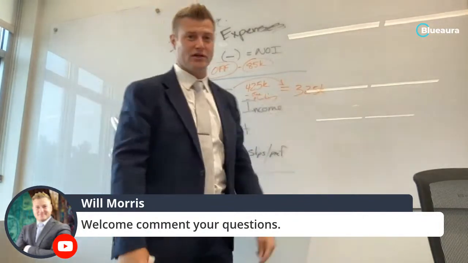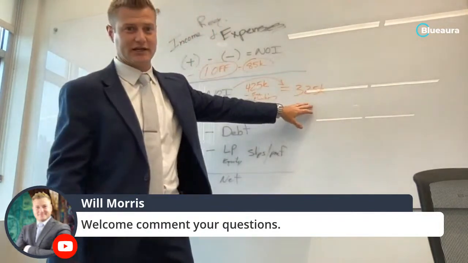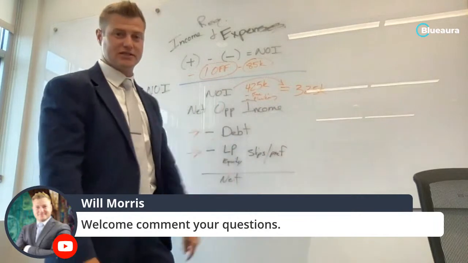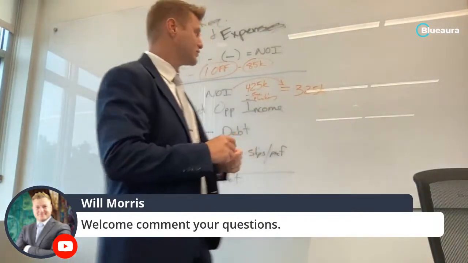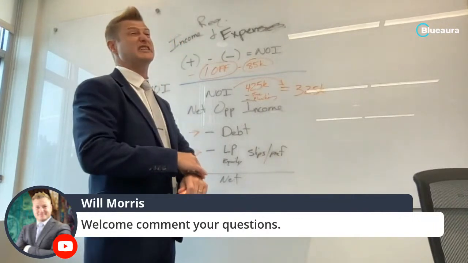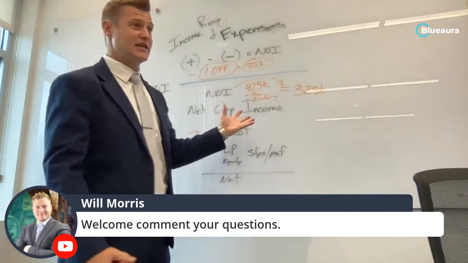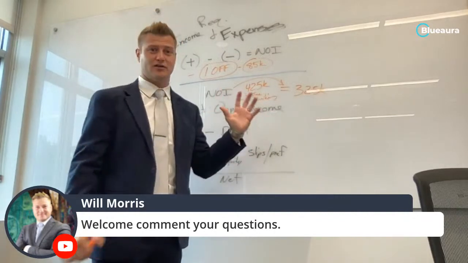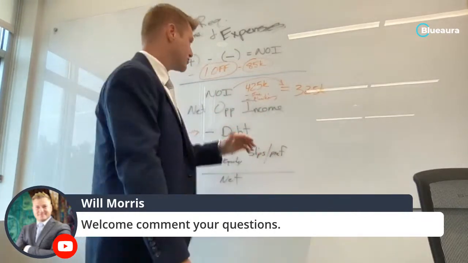And therefore, when we run the numbers, 100 grand may not sound like a lot, but 100 grand at a 6 cap, I mean, that's a lot of money. You know what I'm saying? That's $600,000. And so that's really roughly, no, it's more than that. That's at 10 cap, 600,000. So even at a 10 cap at 600 grand, I mean, that's a lot. We were way off in our numbers.